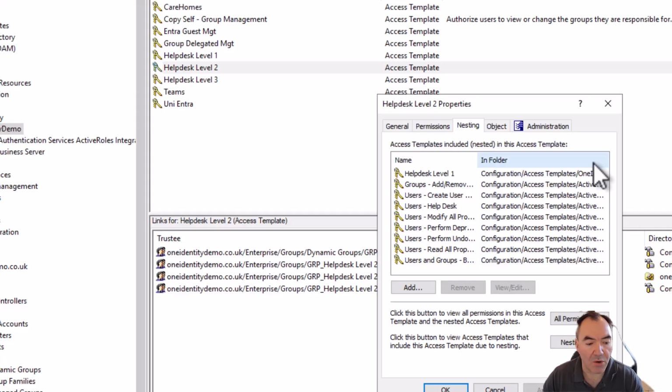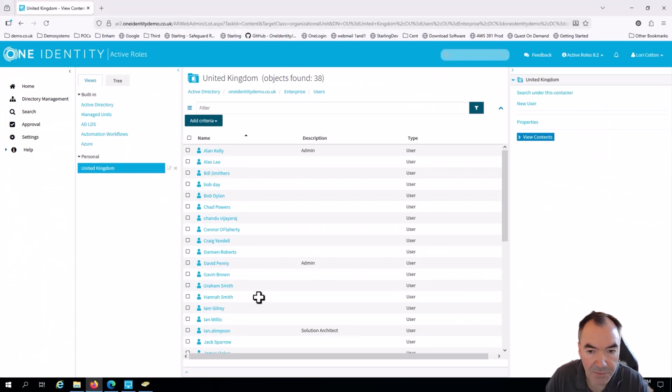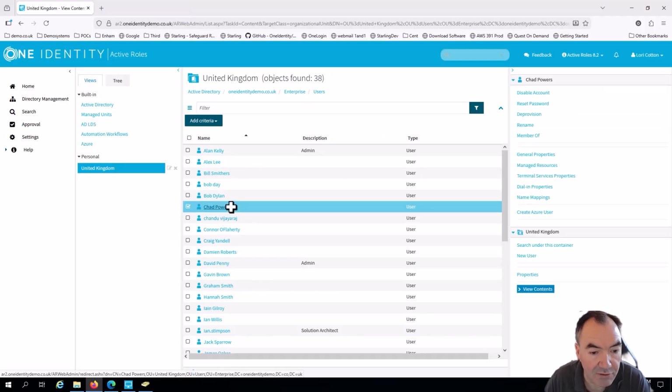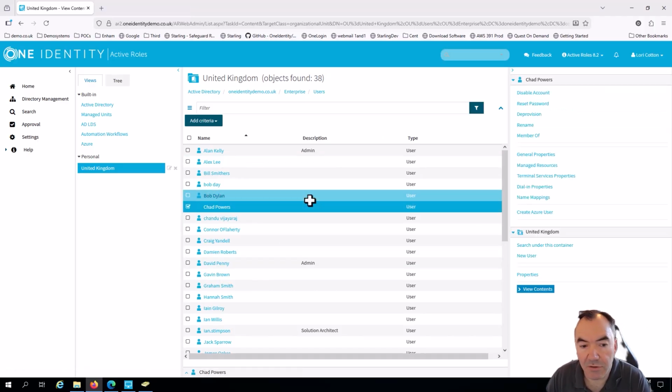That means that when we go into the Active Roles console as one of the members of this group, in this scenario, into the Information Services group, we are logged in as our user Laurie. Laurie, when they go into the Active Roles console, they have these permissions that are applied to these directory objects to enable that delegated access. So if I was to select a user here, for instance, Chad Powers, we can see that the role enables Laurie as a member of that role to have the administration of these attributes over this user.